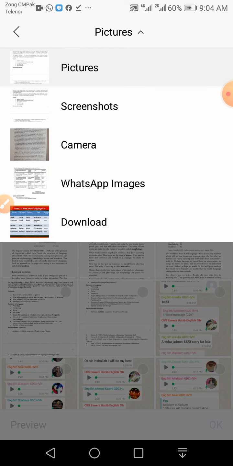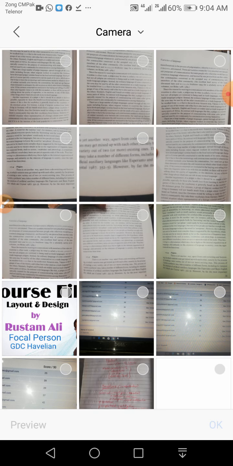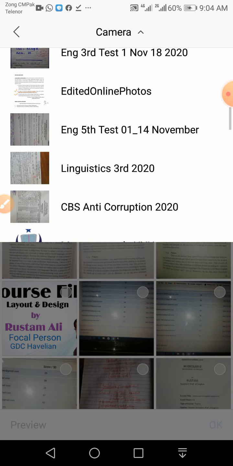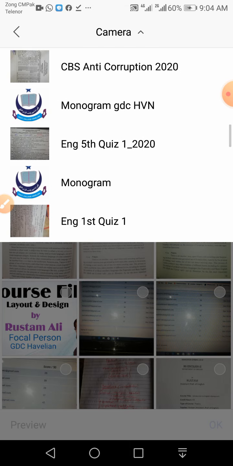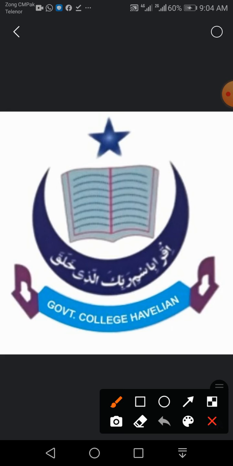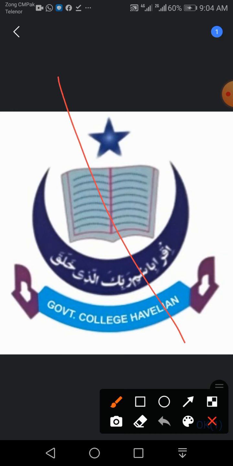Let's say camera, or you can search your picture somewhere. Let's say if you want to insert a monogram, here is a monogram. So after this, go to this place and click on this. Okay, here we go, and after clicking here, you have to click here.